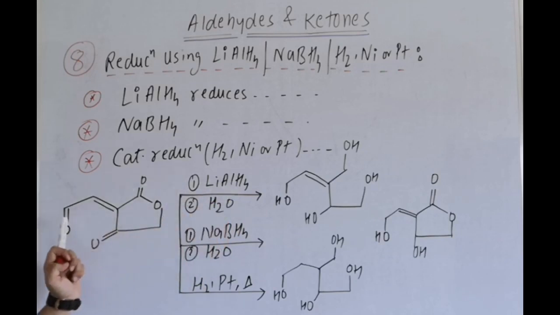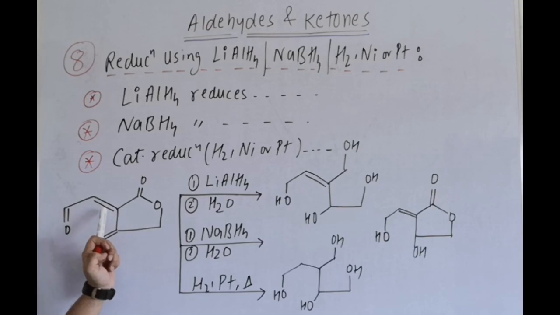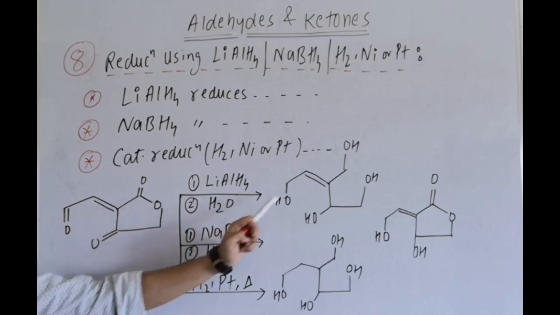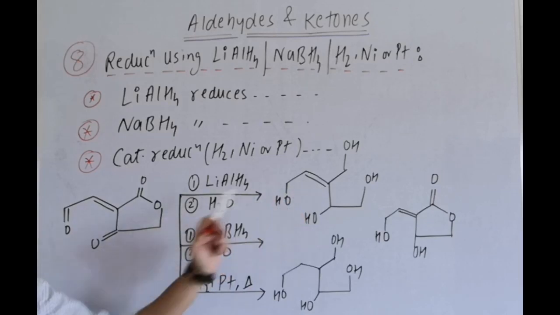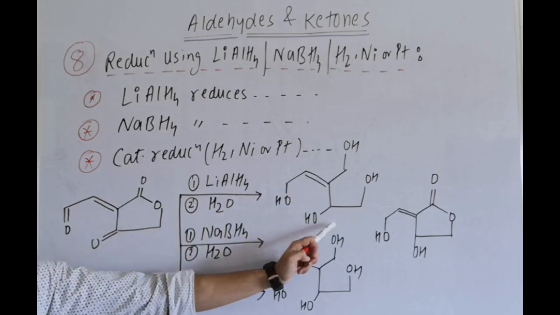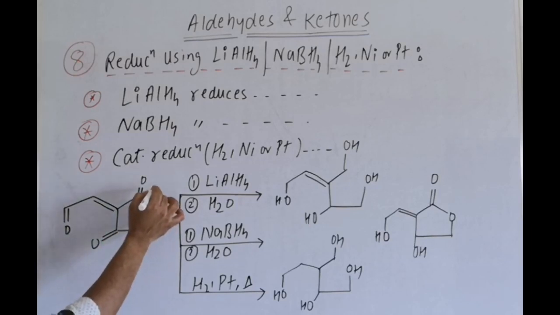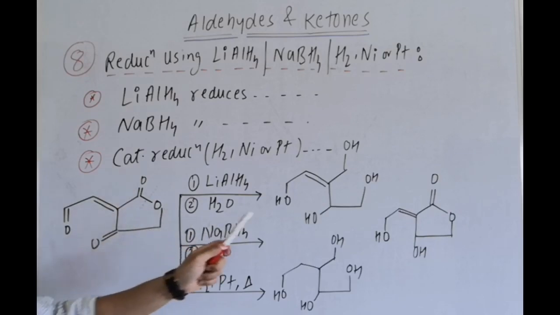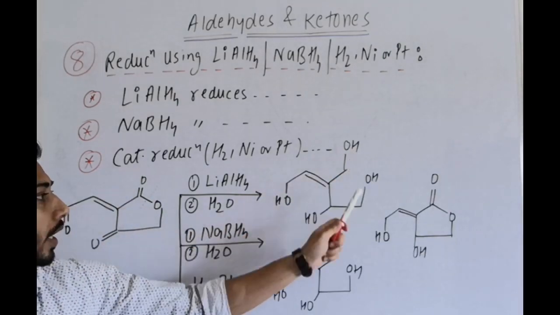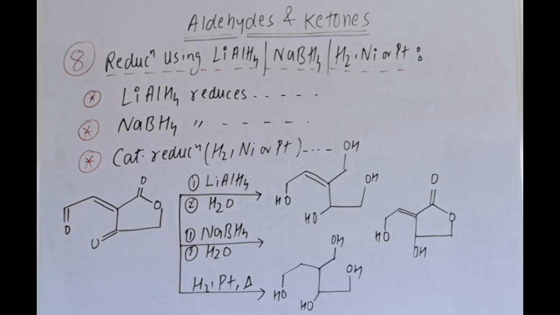So this will reduce aldehyde, it will reduce ketone, it will reduce ester. It will not reduce the double bond easily. So here aldehyde goes to primary alcohol, double bond as it is, ketone to secondary alcohol, and lithium aluminium hydride will reduce the ester from that point. Are you getting? It will reduce from there. This bond is cleaved, it will give OH and this part gives OH. That means CH2OH and here CH2OH.